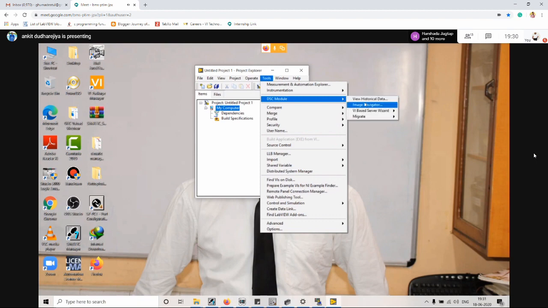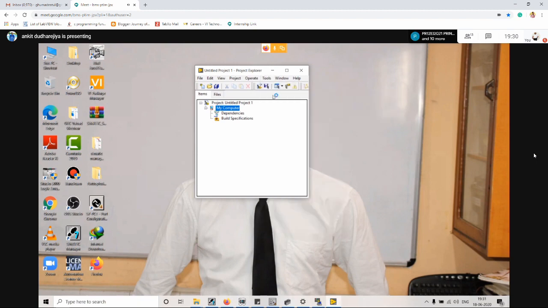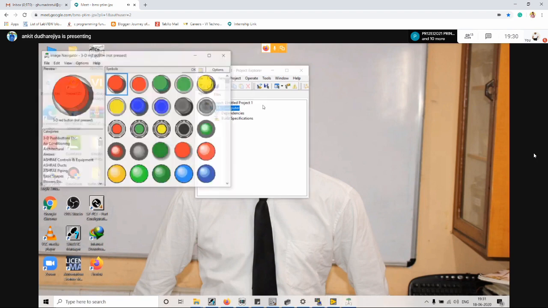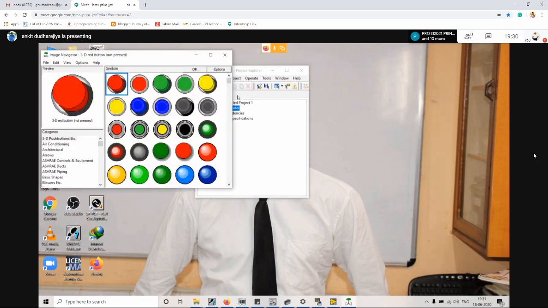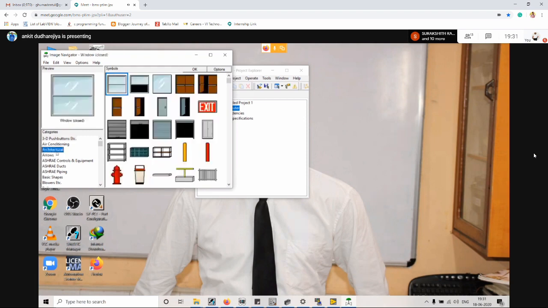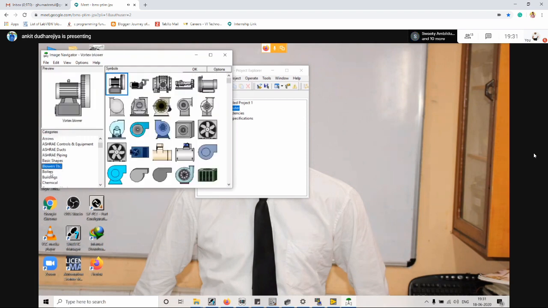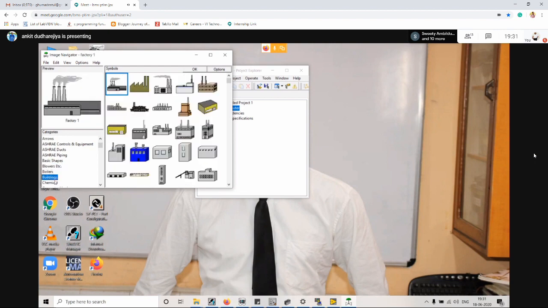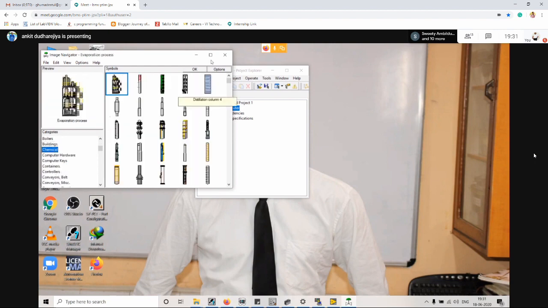Currently you are not able to see this, but you have to install the DSC module externally. When you install the DSC module, you will get all the industrial symbols over here. You can see 3D push buttons, conveyor, air conditioning, arrows, then basic shapes, boilers. So using all these symbols, you can create very good SCADA graphics in LabVIEW.